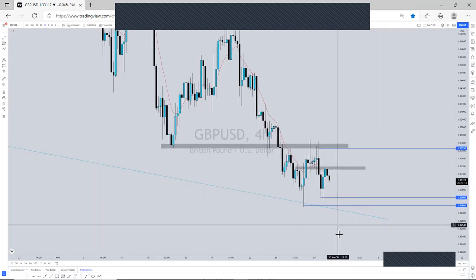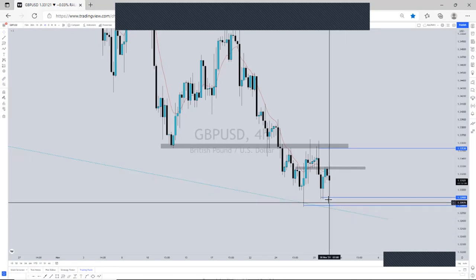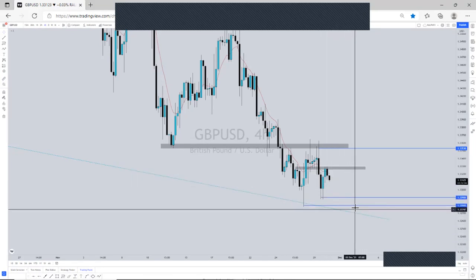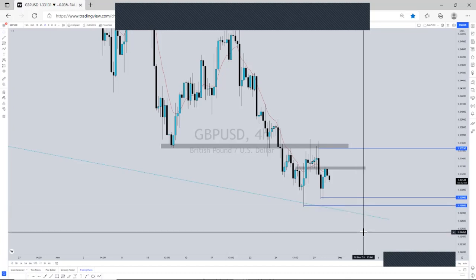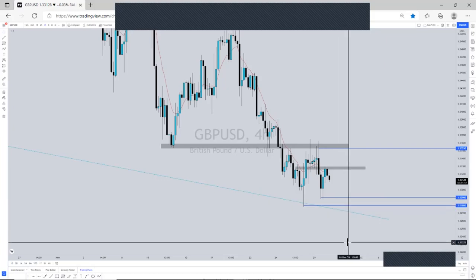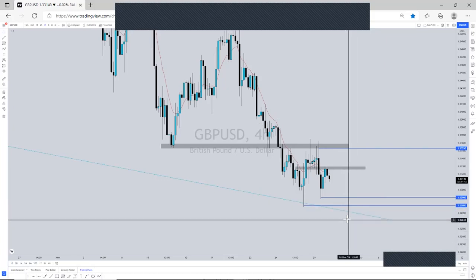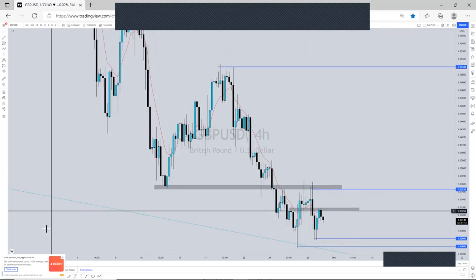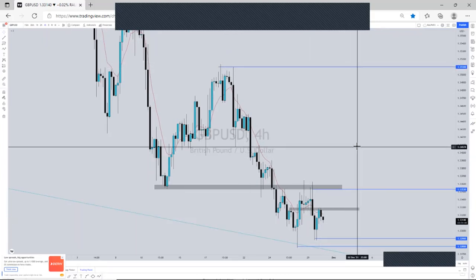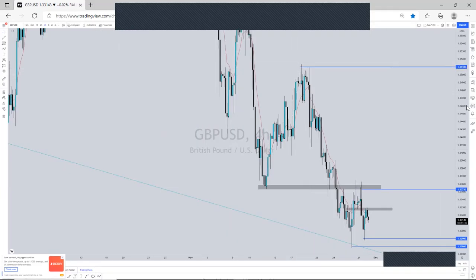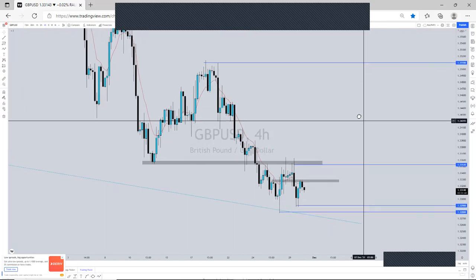So if we are going to continue to the downside, I want to see GBPUSD break below 1.32800, right? If we break out below this level, then I'll be looking for a weaker GBPUSD. On the other hand, if we break above this level, I'll be looking for maybe a new form of strength, bullish momentum on GBPUSD, right? But for right now,